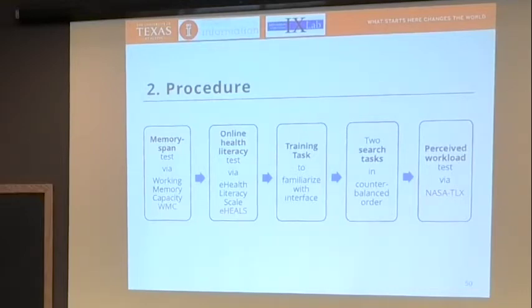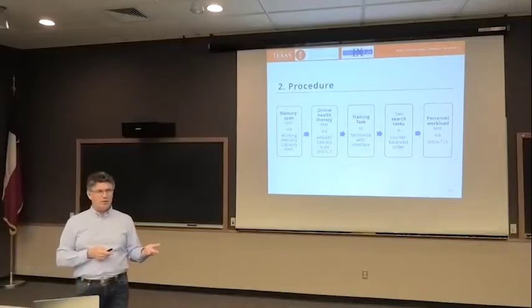And then they performed 2 search tasks. The order was counterbalanced, and it was a within-subject study, which means that each participant performed all of these tasks. And at the end, we measured perceived workload by using NASA TLX, the task load index, which is essentially a questionnaire with 6 questions